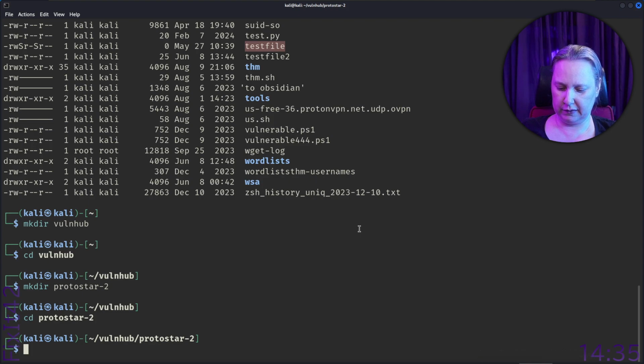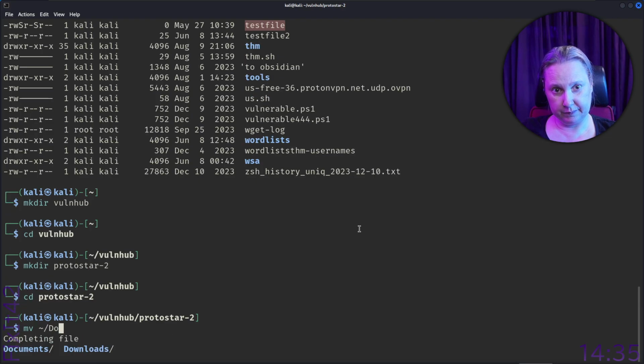So let's move downloads, right? And OPT.